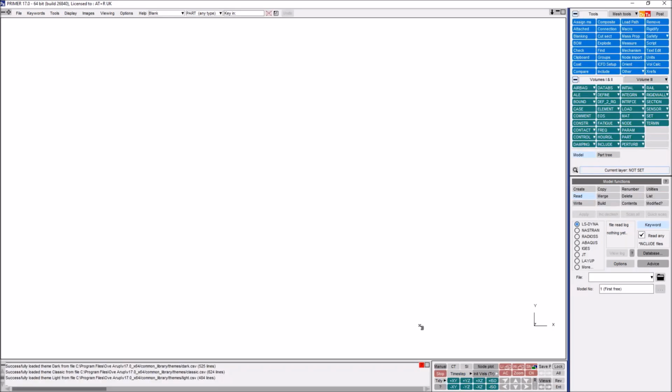Now, one thing you'll notice as you move your mouse around in the new themes, that any button that you hover over will be highlighted. This gives you instant visual feedback for where your mouse is, and what's going to happen when you click on those buttons. There's various other changes to certain widgets as well. So you can see here we have radio buttons. These are now rounded and are highlighted when you hover over them. If I read a model in,